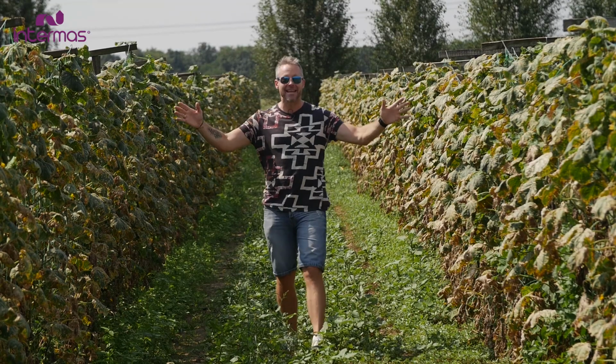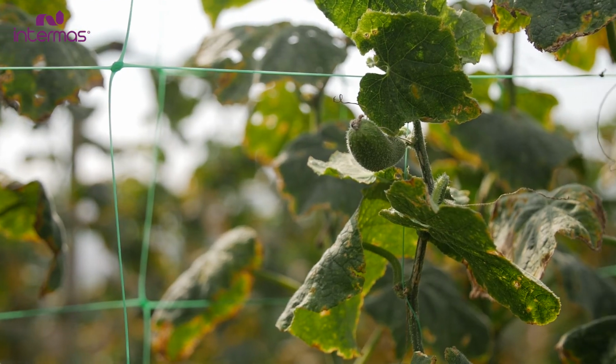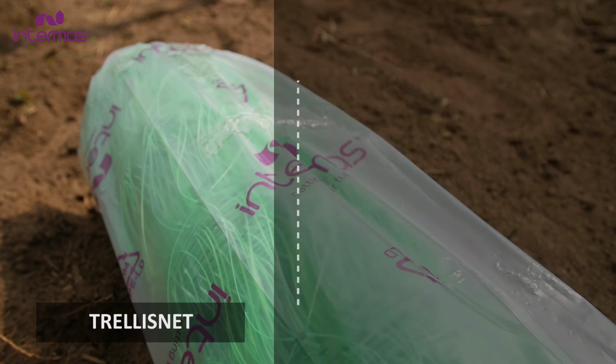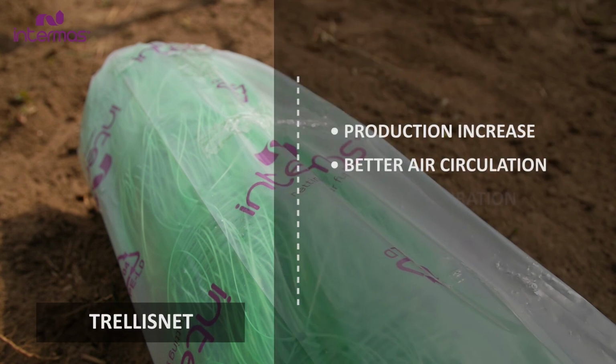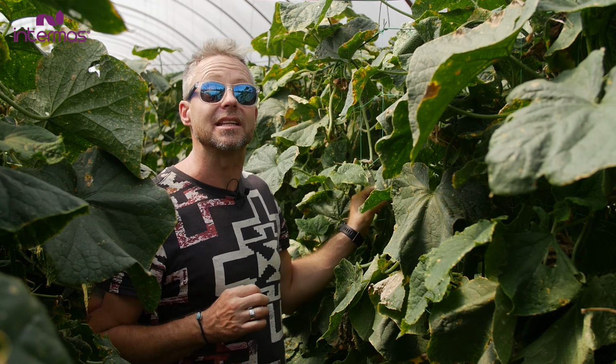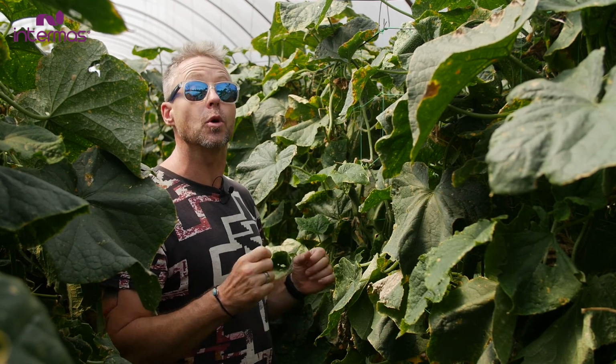Trellisnet has many advantages. Not only faster maturation, but the coloration of the fruit is also guaranteed. When using Trellisnet, we will be able to harvest faster and all our major daily operations will be easier to do as well. This net increases productive yield per furrow, is reusable, very resistant, and can support high weights of